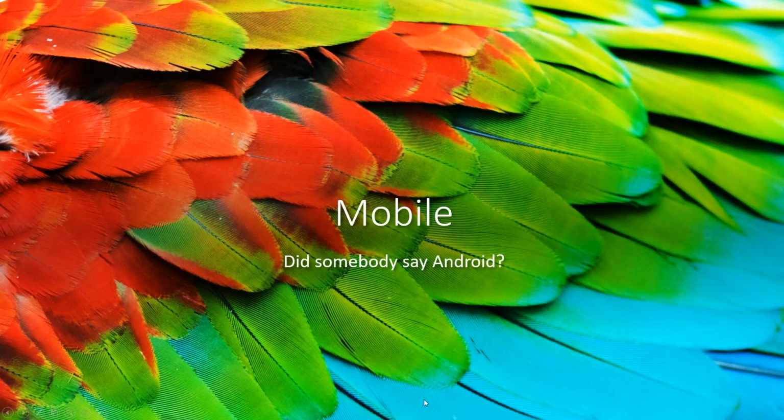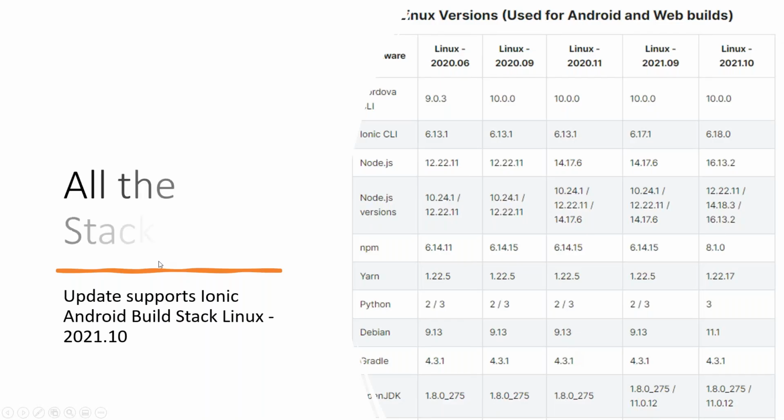So, mobile. We've made some improvements for Android in particular. We've got new support for the Ionic build stack for Linux 2021.10, which is this column over here that we ran into. This happened a while ago in development. It was right after the last release. Someone let us know that this wasn't working, so we added that support. So if you need to build on Ionic app flow with the Linux 2021.10 build stack, that's in this release,